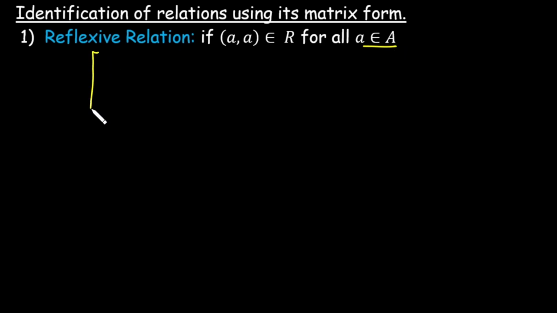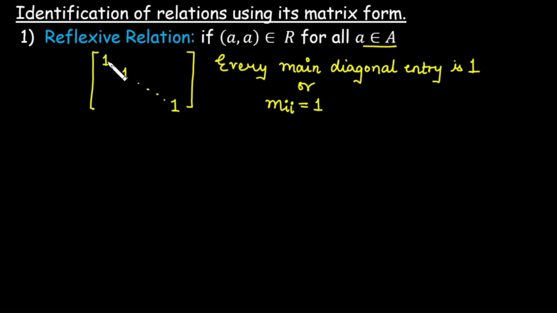So if it is reflexive, in the matrix we will get the diagonal entries as ones. Meaning if every main diagonal entry is 1, then clearly that represents a reflexive relation. Other entries can be 0 or 1; we will not bother about that, it can be part of the relation or not. But if the diagonal entries are all 1, clearly that is a reflexive relation. Or we can say it is a matrix whose diagonal entries are all 1 and the rest can be 1